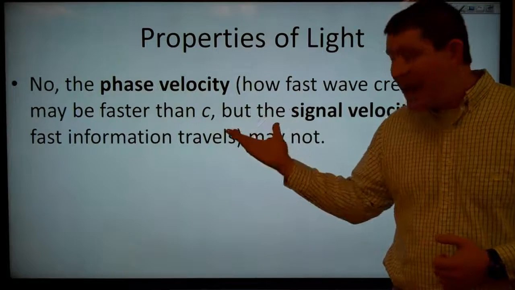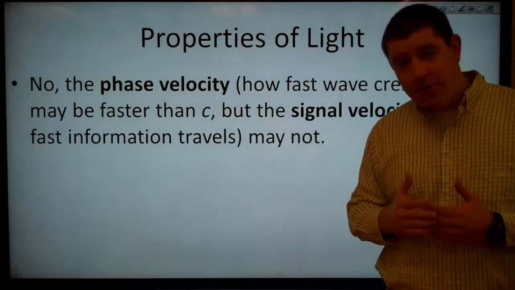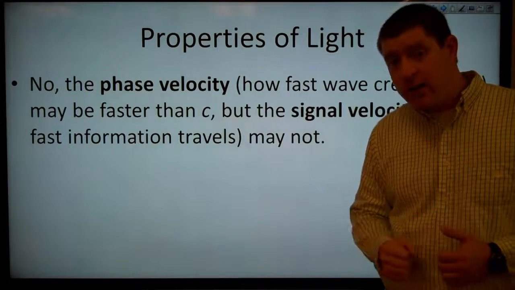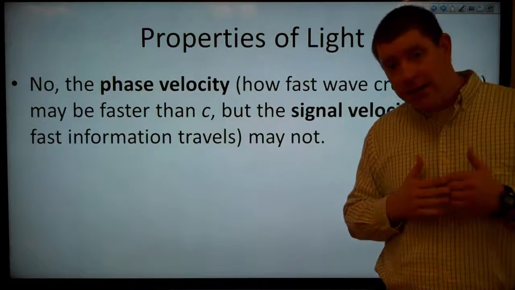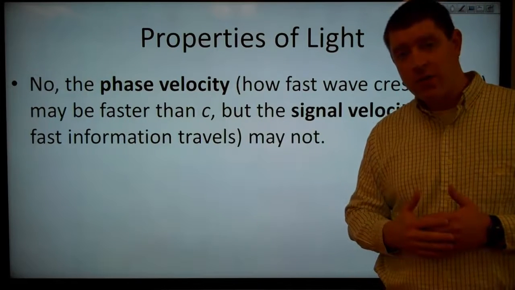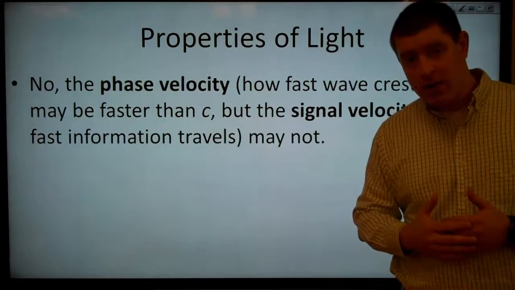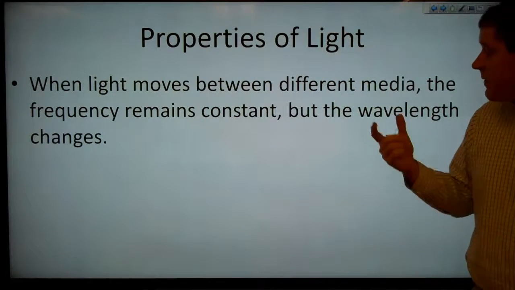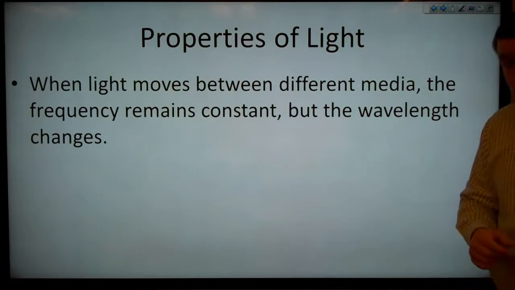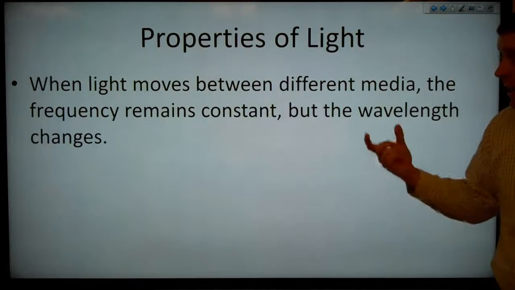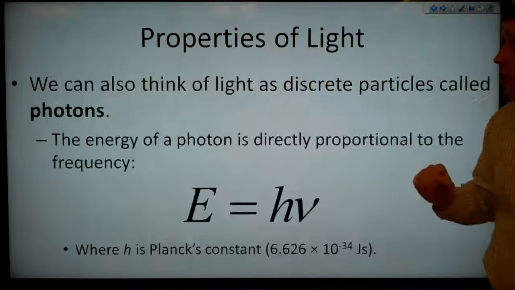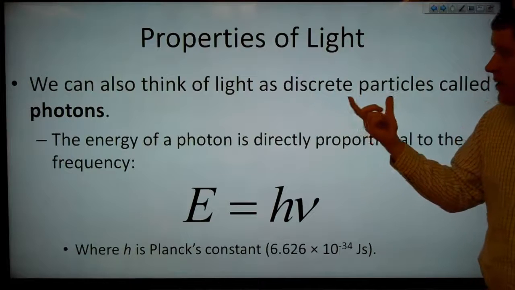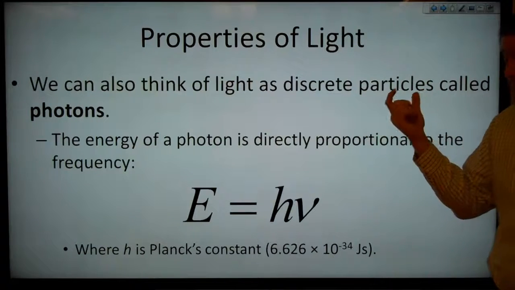And so we can in fact get the phase velocity faster than that in some materials under some conditions, but we cannot have a signal propagate faster than c in any conditions. When light moves between different media, the frequency remains constant, but if the speed is changing, that means that the wavelength must change. So we can also think of light not as waves, but as discrete particles that we call photons,